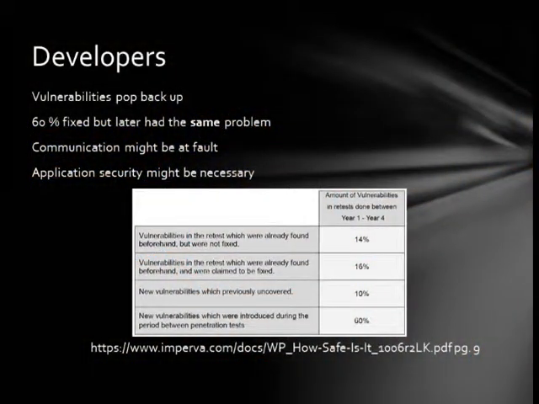I'd like to bring up some research done by Imperva that should be a little scary. The research was compiling data from their penetration tests, in particular their retests. First, the fact that all retests that were performed with a long period between tests reveal vulnerabilities that were already uncovered by the first penetration test. That's a pretty big deal. The interesting thing about this is in 60% of the retests, they had already fixed the problem, but it was